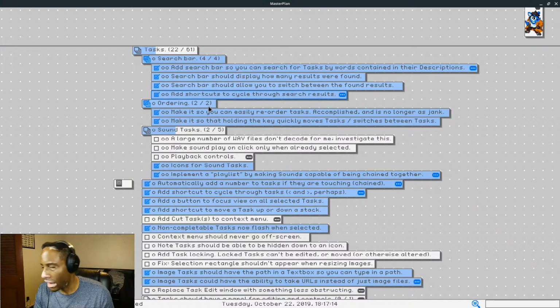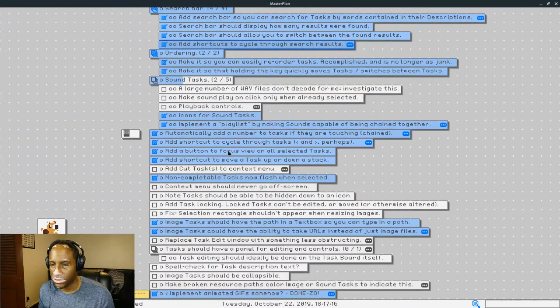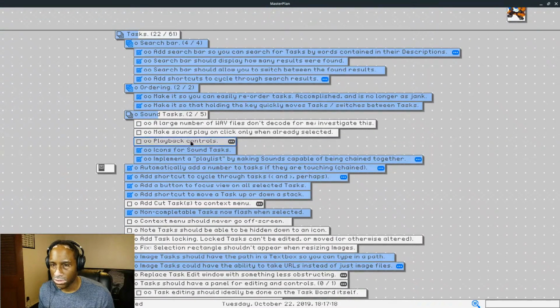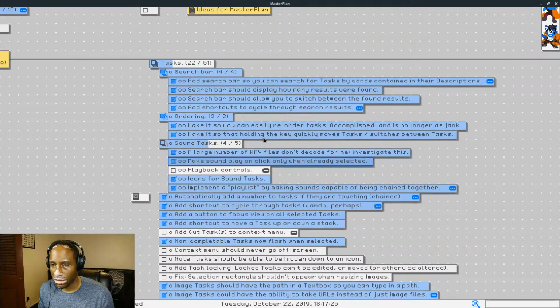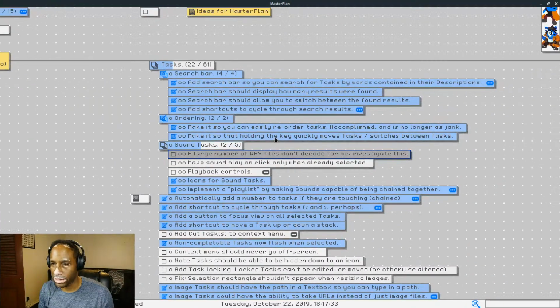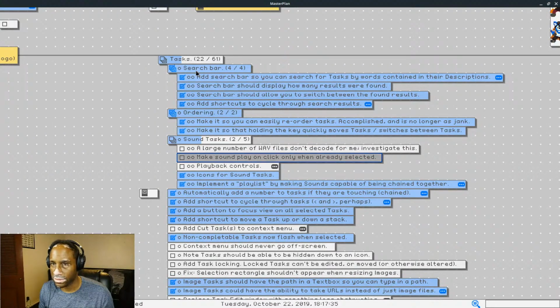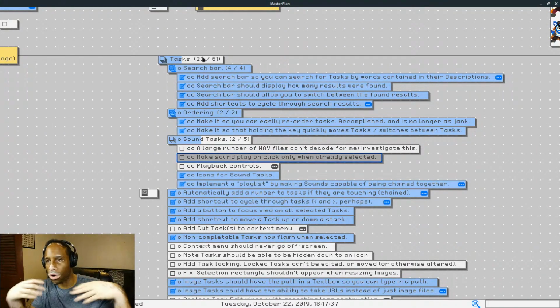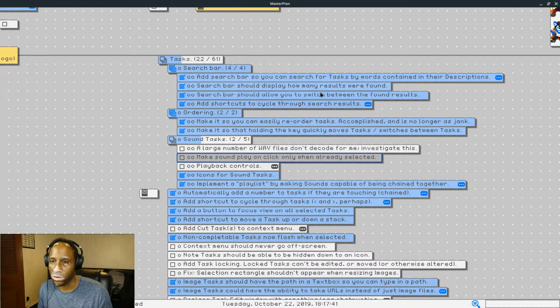I don't know if I mentioned this last time, but now tasks do complete the parent. So if you complete a task, you can see it fills up a progress bar in the parent task, like a couple of people were suggesting. And you can see it all works all the way through the parenting stack. So if I complete all the tasks for the sound task, then this task's overarching progress bar will increase by 1, as you can see.